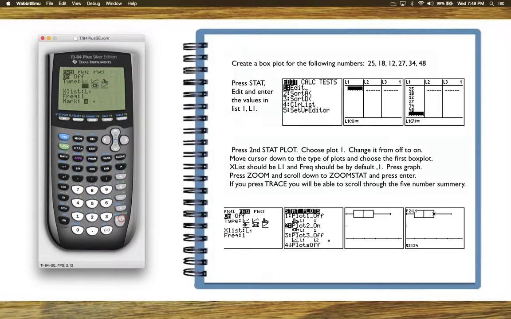I press enter. And then you scroll down with the cursor and your list should be L1. By default it will say L1, and the frequency should be by default 1. So now we go to graph,